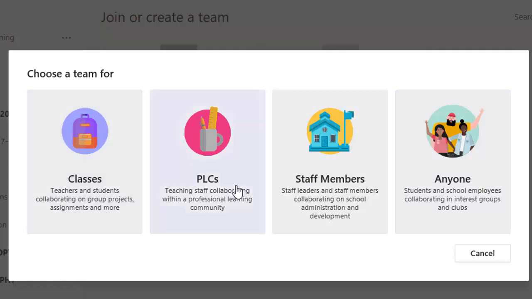You can have your professional learning community team where you can share files and thoughts on professional learning. Staff members, where a department head can create a team for all the teachers in that department. You can share files, or you can create a team for anyone, teachers, students, all working together. This is actually very good for school projects, let's say you're doing an environmental project as a school and you've got teachers and students working together. So I'm going to go ahead with a classroom team,